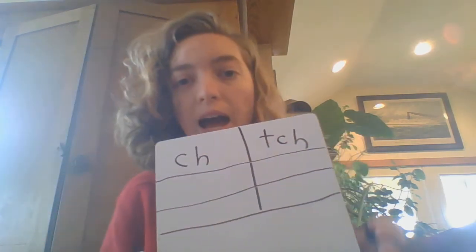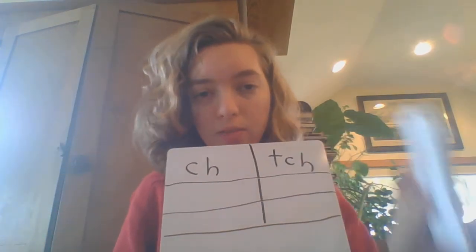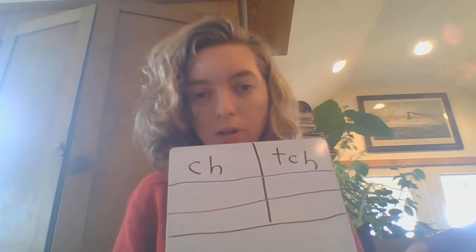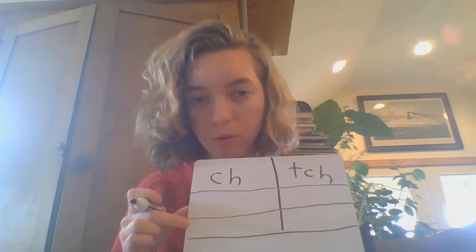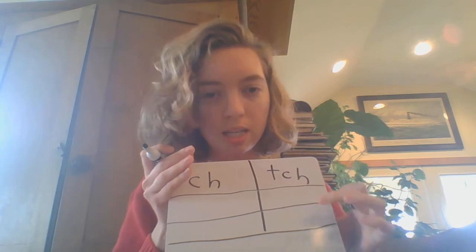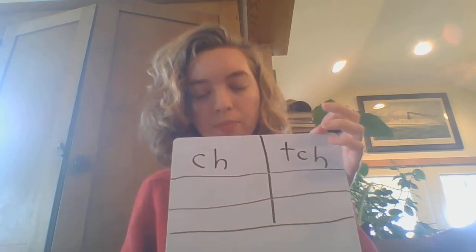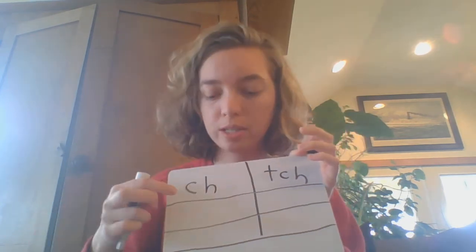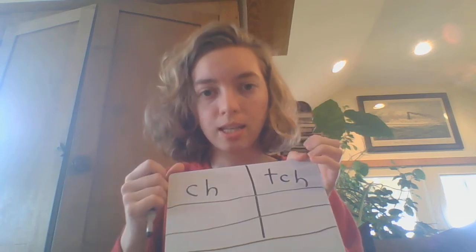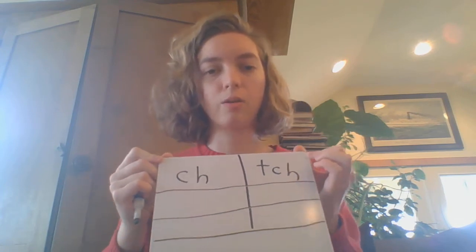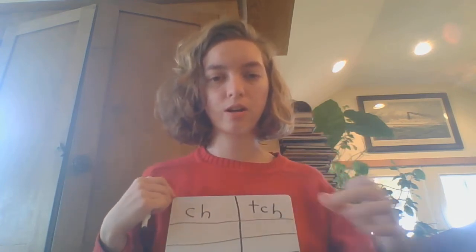So, as I'm reviewing this deck of cards, I want you to write down 2 CH words and 2 TCH words, okay? We're going to be using these words in silly sentences. So I'm going to get started